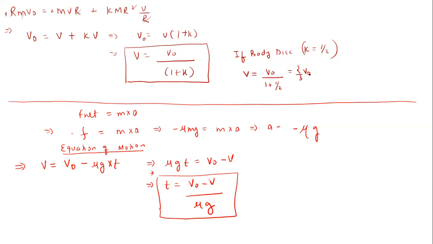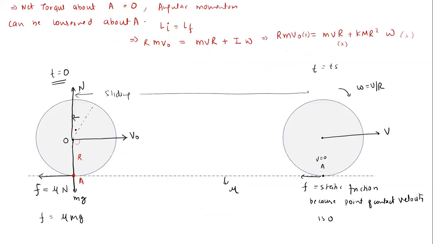Because of friction, the velocity will reduce now. It will decrease now. And we can see that before it attains the pure rolling condition, the friction force is kinetic friction. Therefore, velocity will reduce. Therefore, final velocity will always be less than the initial velocity.